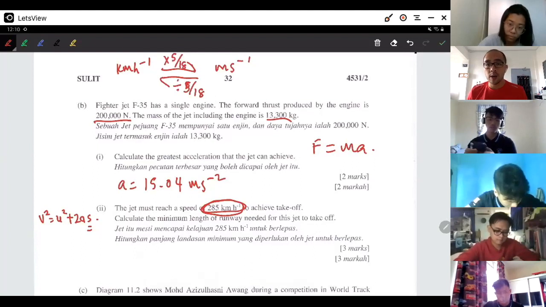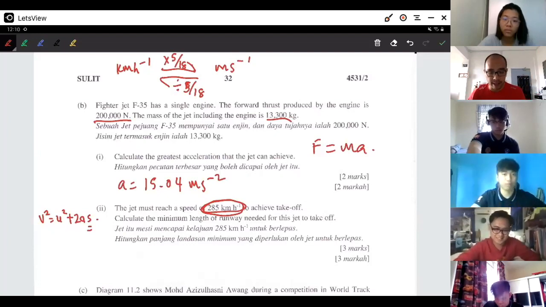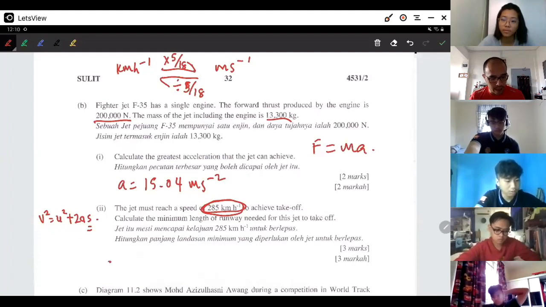Okay. How did I get 5/18 kan? Today is not the day to talk about it. I mean, we have no time lah. Okay, so just remember the magic numbers lah. Maybe before paper 1 on physics, the real day, ingat na, kilometer per hour tukar pergi meters per second, darab 5/18 saja. Jangan tanya kenapa. Okay, hafal je. Nanti kalau mau tanya kenapa lepas SPM baru kamu explore lah. Okay, so you will get the answer s equals to